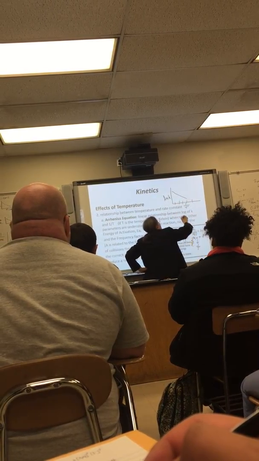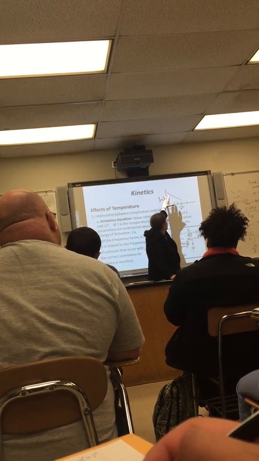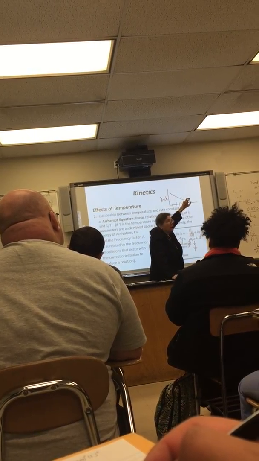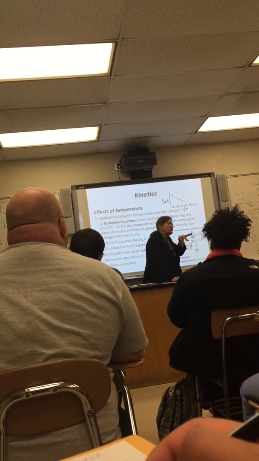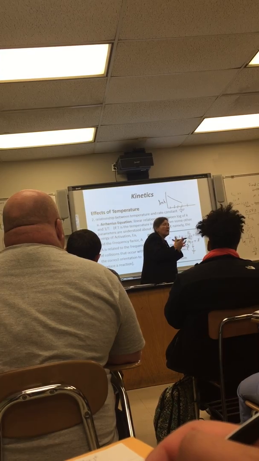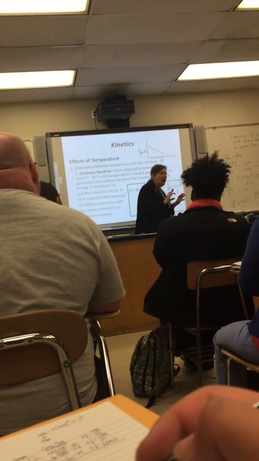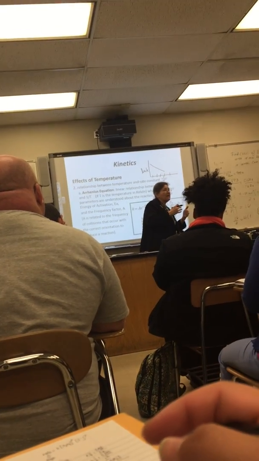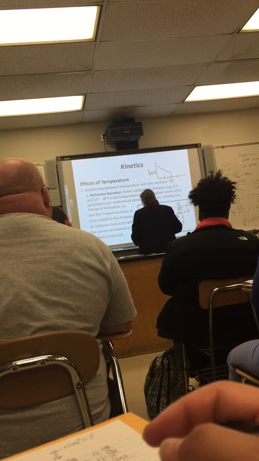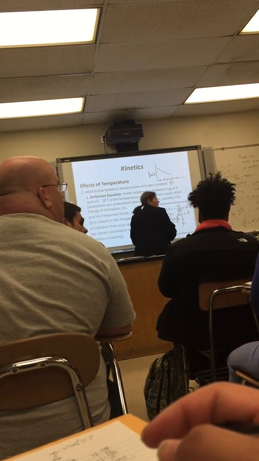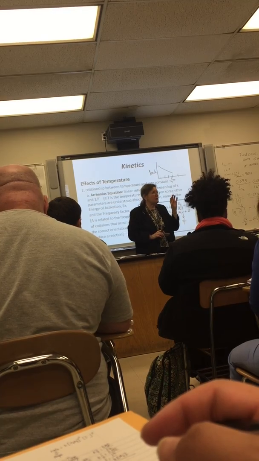What should happen is that when you take the natural log of the constant for that reaction, you should get some data points. Where's your constant for the reaction coming from? In the reaction that you did in lab, because everything was kept the same, the reaction was done the exact same way, they made a workaround. They did something called a relative rate. Because all of the concentrations were the same,